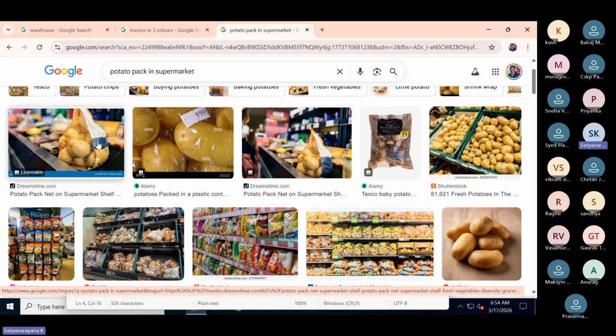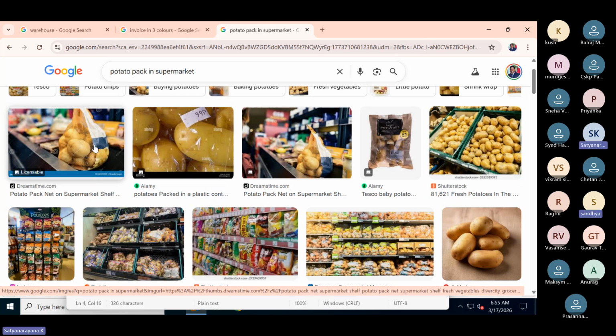So the prices will not be the same. For that we will use catch weight. Based on the weight, we will be entering the values.